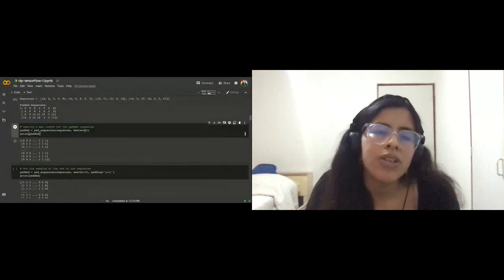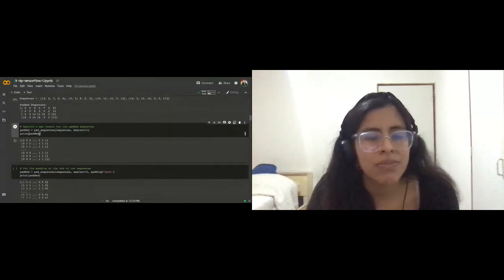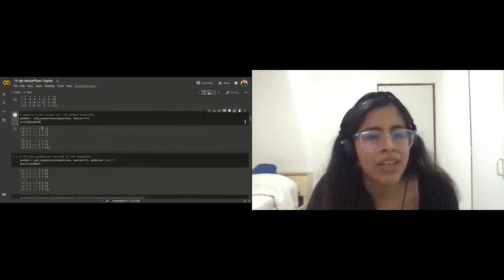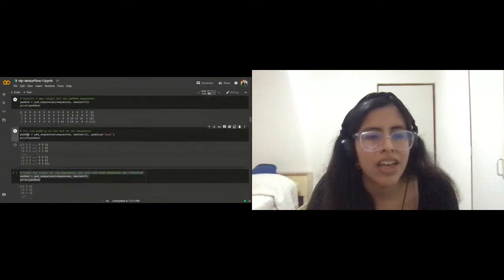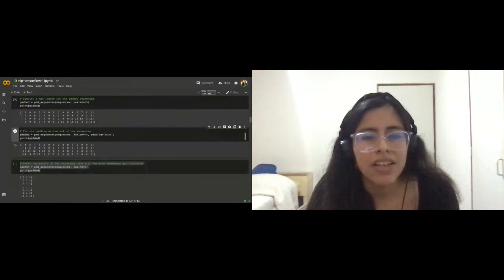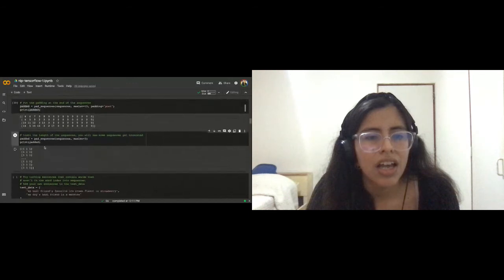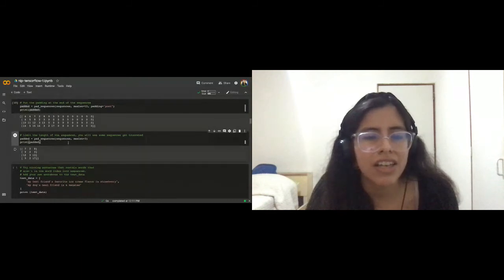If you are going to specify a maximum length of the padded sequence, you can add this argument. And yes, add the zeros. If you want to add them in the post, this is the way. And if you need to limit the length of the sentence, you can use 3, for example.